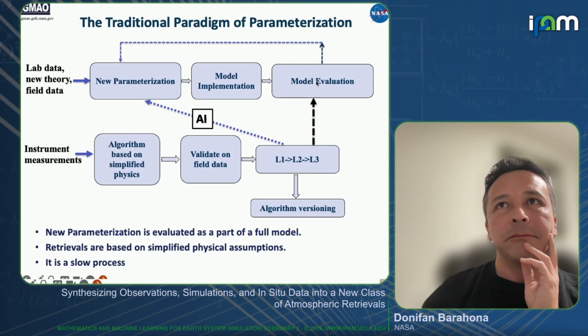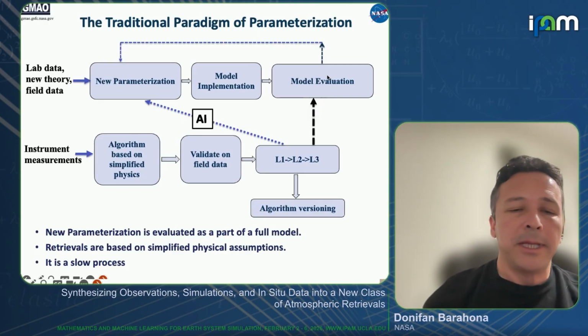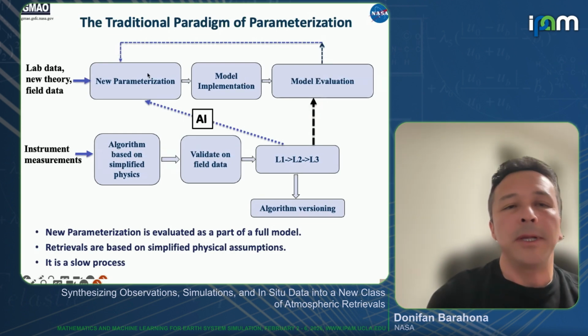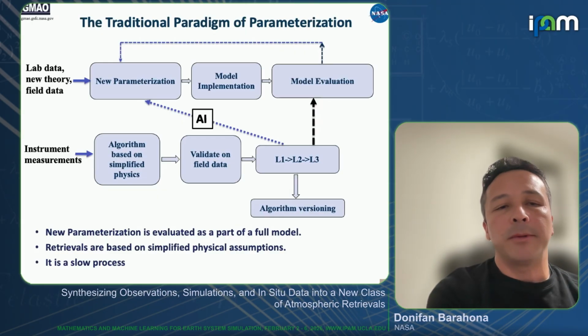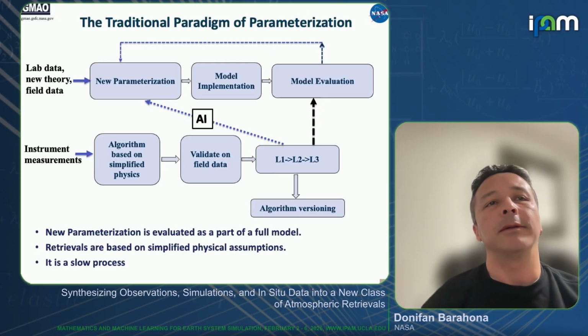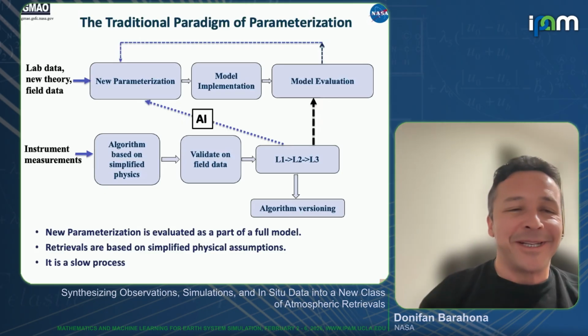And there, the modelers like myself take that data and test it, right? That's our new parameterization. If it works well, okay, nice. But usually it doesn't work well. So you have to feed back, go and retune the model, and try to make it work and look more similar to what the algorithm is saying. Now, of course, on this other branch there is algorithm versioning. There are new data sets that are improving in this or that respect, depending on what observations they have or what new technologies come about.